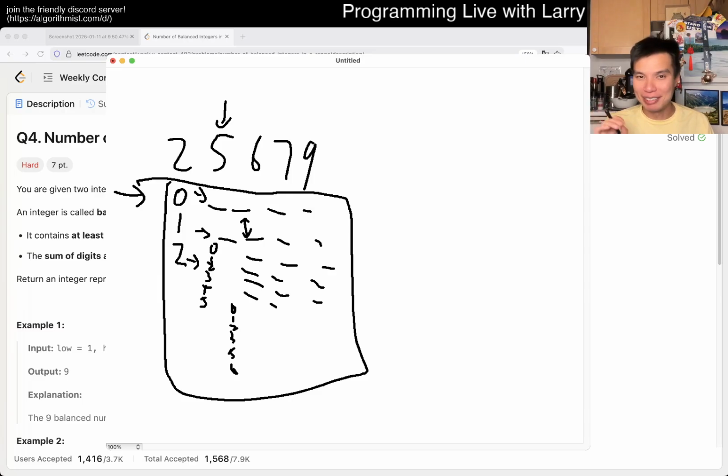There are a lot of easier digit DP problems, so if you struggle with this one, try an easy one first, right? I think that seems like a reasonable suggestion. Okay, so then for this one,